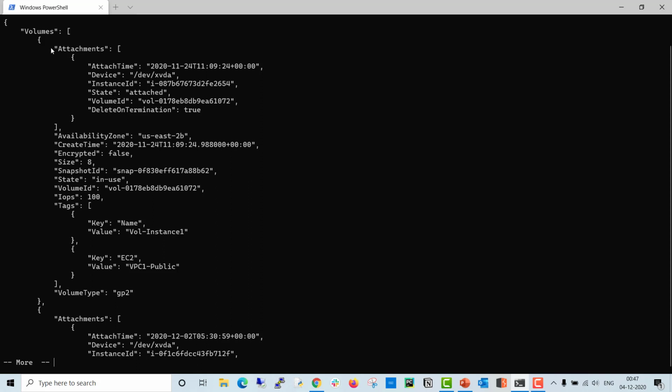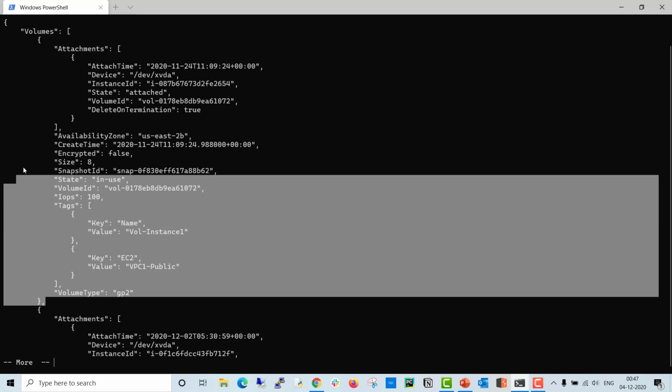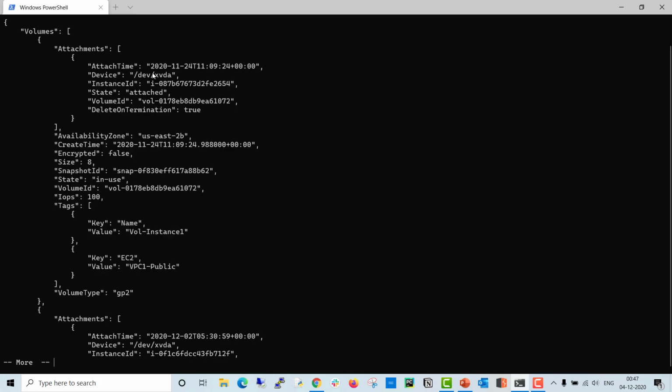You can see here the information for a particular volume. The first is the attach time. Second is the device name. Then the instance, which is the instance where this volume is attached. State means attached, that means this volume is already attached to this instance. Then the volume ID,